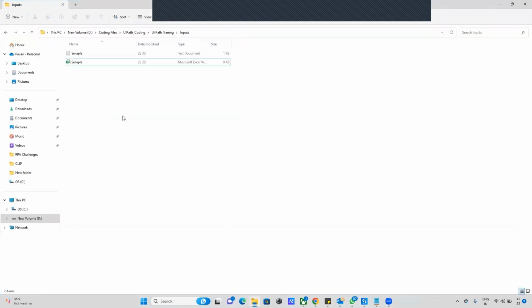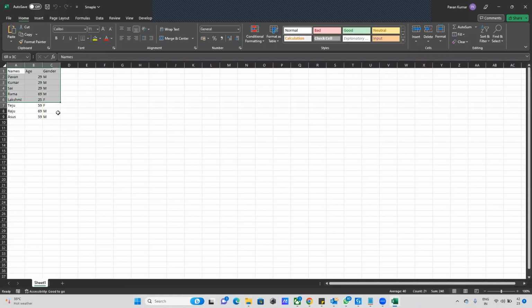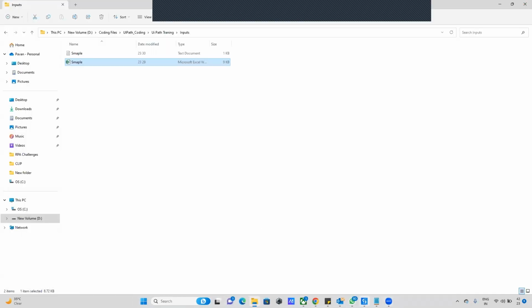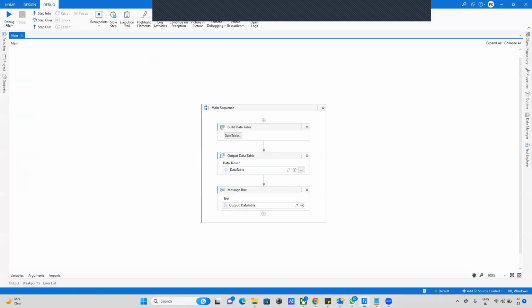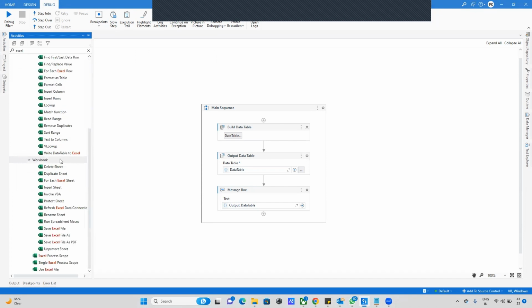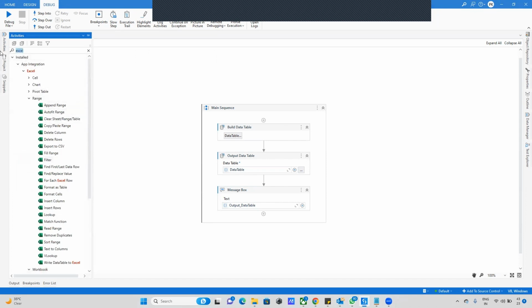So basically, I have this one Excel file here. Now I want to display this output. I have the input in the Excel file. Now I need to read this data. Once I read this data, I need to publish it in the message box again. For that purpose, we are using read Excel data activities. So just go to these activities and check for Excel application scope. You can see multiple things. Then let me go to